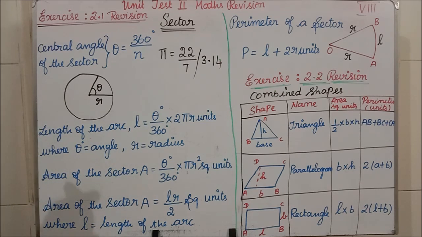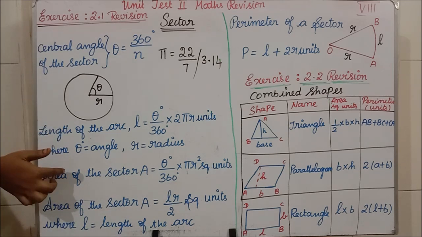Okay, in the question they have given the length of the arc. L value they have given 28 centimeter, R equal to 7 centimeter. Like that, if they are giving the length of the arc L and radius in the question, you have to apply this formula. Clear? Clear, students, all of you? When the length of the arc L and radius are given, if you apply the first formula, you cannot find the answer.